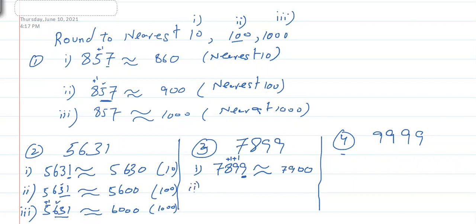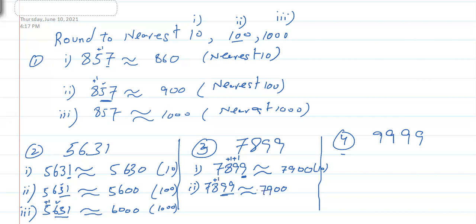Now the second part is to the nearest 100. The first was to the nearest 10. In brackets, I'm writing 10, so you will be clear that it is rounded to the nearest 10. Now for the nearest 100, let me write it. These ending two digits I will make 0. Now, as 100 has two zeros, I look at the second digit, it's 9, so it will add 1 to the next one. So it will become 9.